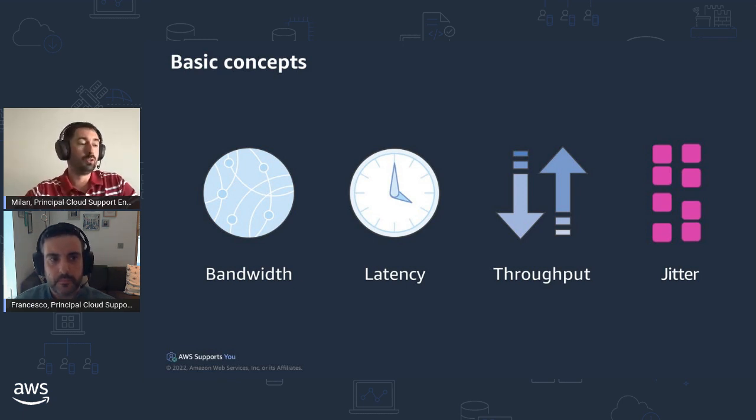Throughput is a derived thing, and it's basically what is the current bandwidth that my instance or my application is driving. And it sometimes can be equal to the bandwidth, which is basically you're achieving the maximum throughput for the given bandwidth, but it's heavily impacted by latency as well as the potential packet loss along the line and jitter, which is something that we're not going to be spending a lot of time talking about,